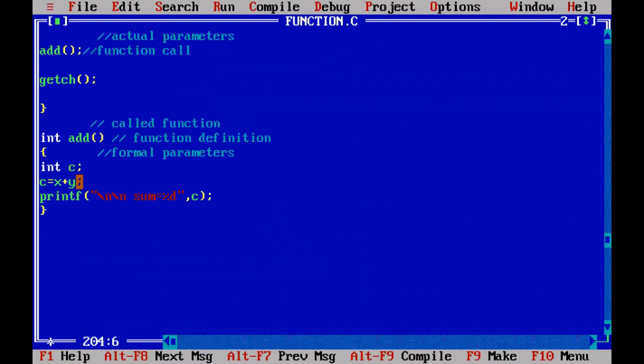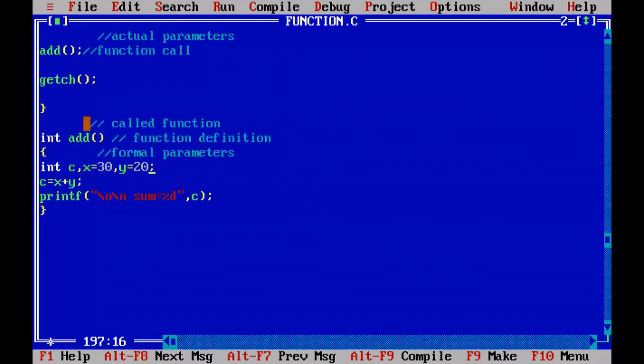But x plus y values are not given. If they are not given from the calling function, you define them here only: x equal to 30, comma, y equal to 20. Because from the calling function, we are not able to pass the arguments 30 comma 20 to the addition, because this addition function does not have any arguments. If it had arguments, we would pass the values to them, but it does not have any arguments, but it will have the return type.